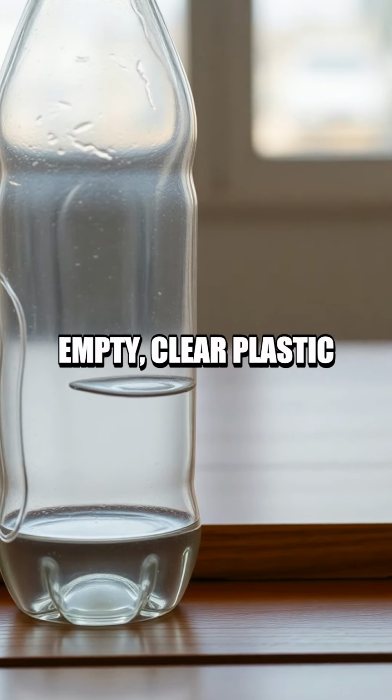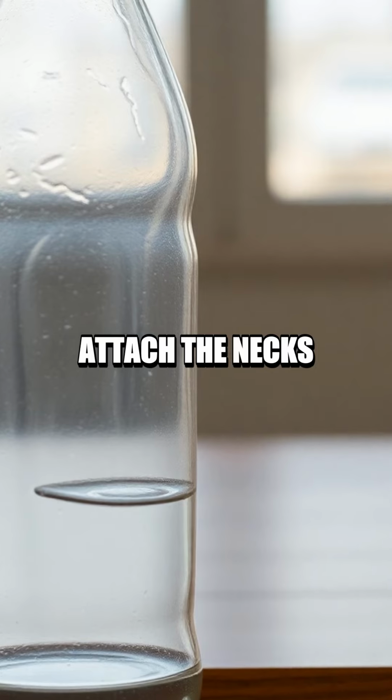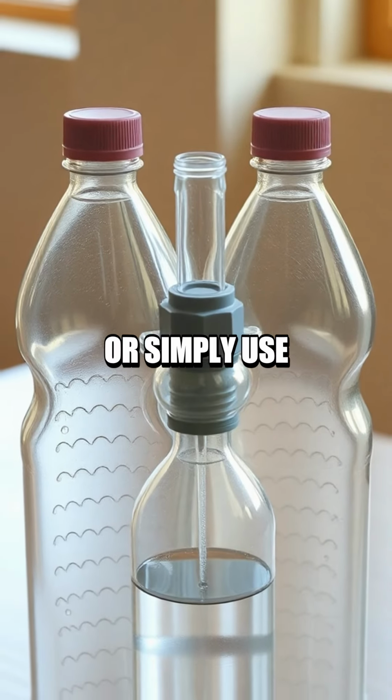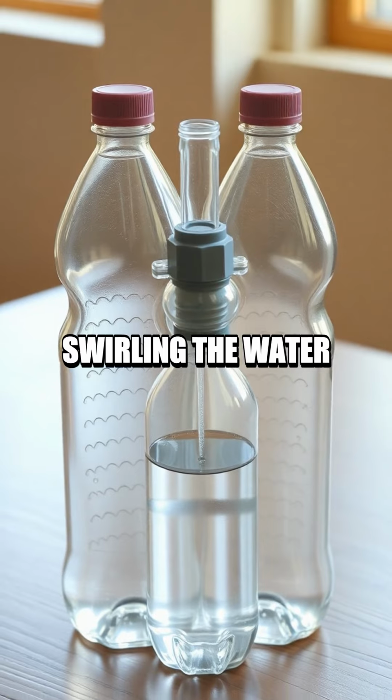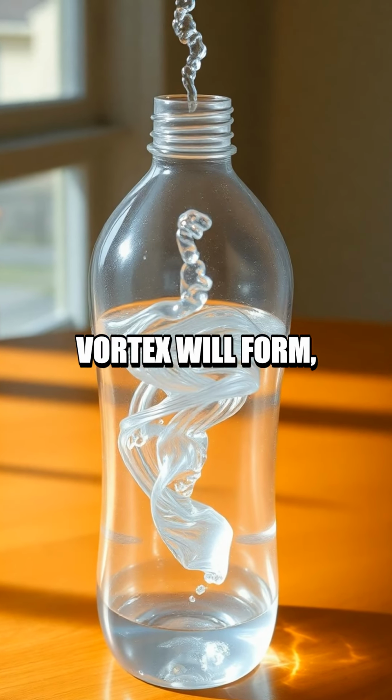Begin with 2 empty, clear plastic bottles and fill one halfway with water. Attach the necks of both bottles securely with a tornado tube connector or simply use duct tape, ensuring a tight seal. Explain that by swirling the water in the top bottle with a circular motion, a vortex will form, creating